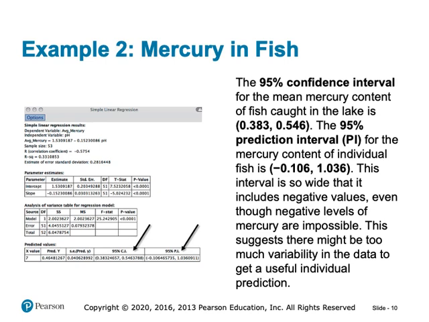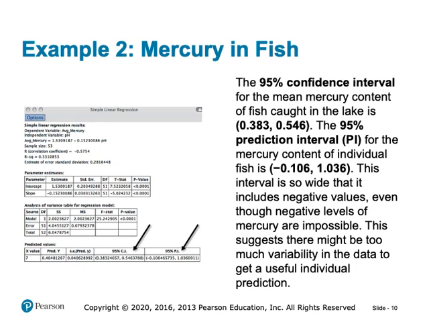0.383, 0.546. This interval tells us that we are 95% confident that the true mean mercury level for all fish in the lake falls within this range. Notice that this interval is relatively narrow. This narrowness reflects that when we are estimating the average mercury level for a large number of fish, there is less variability, and therefore we can be more precise in our estimation.